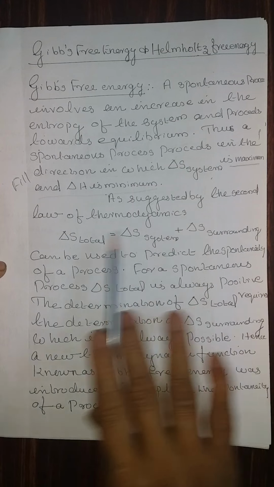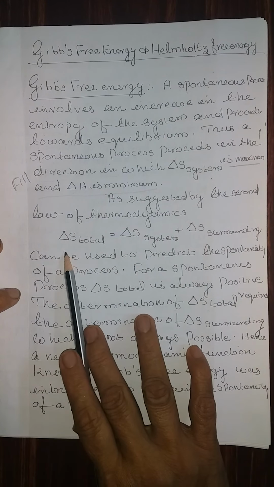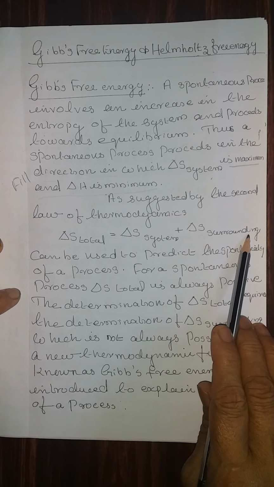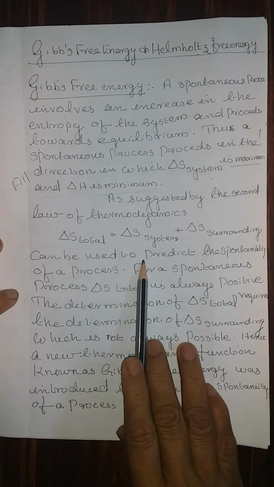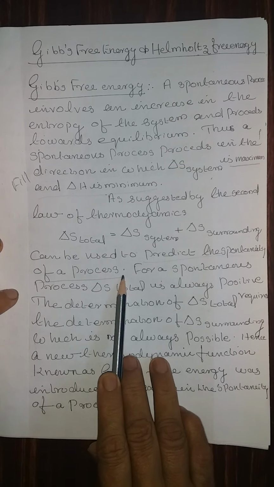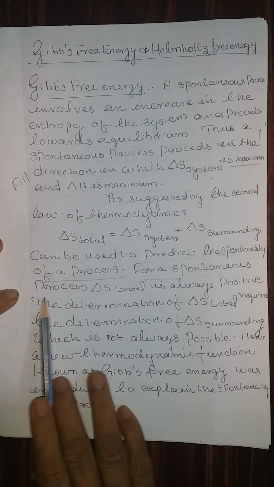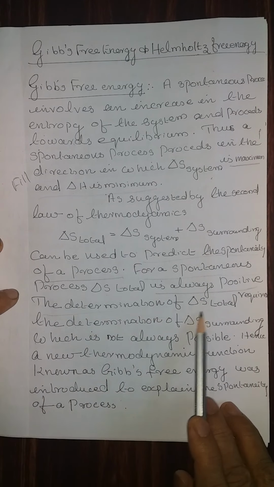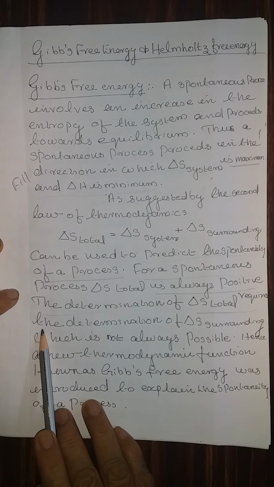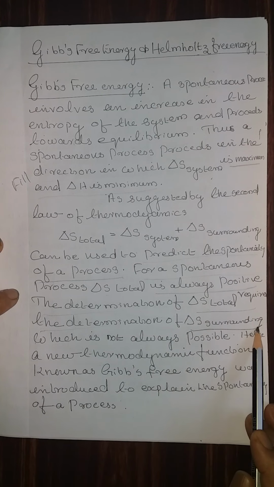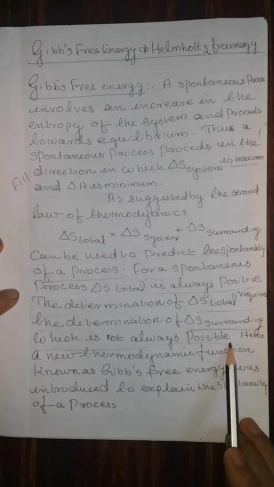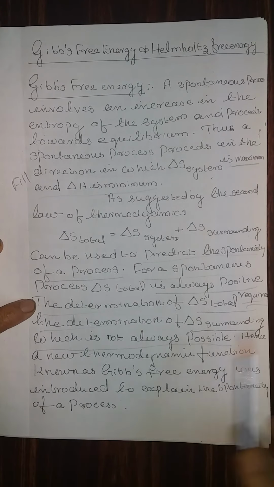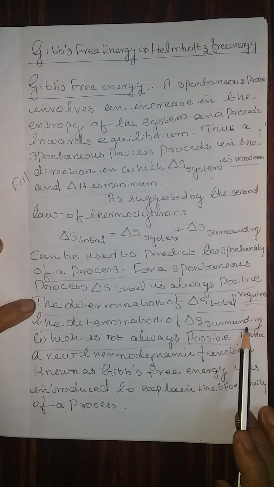As suggested by the second law of thermodynamics, delta S total is equal to delta S of the system plus delta S of the surrounding. This can be used to predict the spontaneity of a process. For a spontaneous process, delta S total is always positive. The determination of delta S surrounding is not always possible. That means in order to determine the delta S total, it requires the determination of delta S surrounding, which is